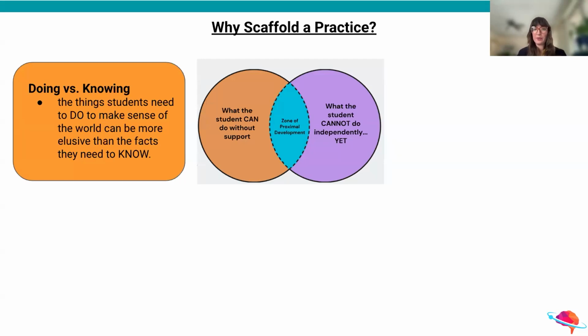So what we need to help students do is decide what to do to approach these complex real world phenomena or problems, because they can be really elusive. And we don't spend a lot of time in our modern world thinking about them. So we need to support students with moving from what we know to what do I need to do with what I know to understand the world around me.